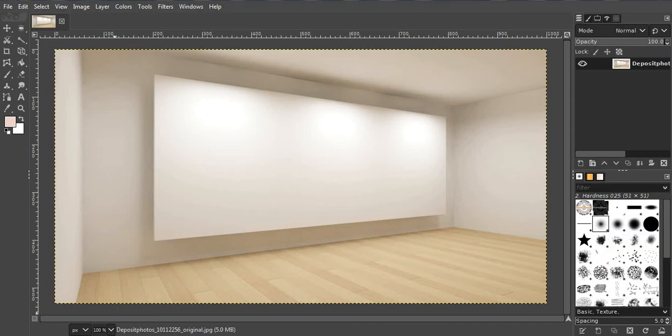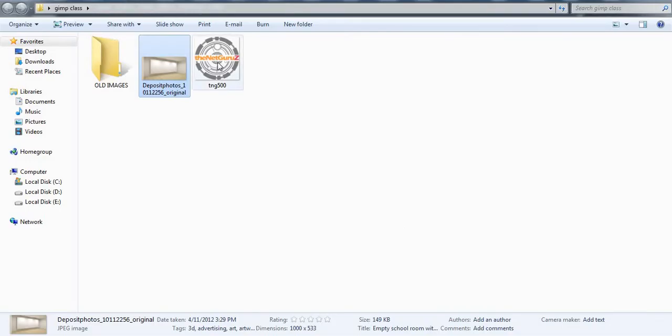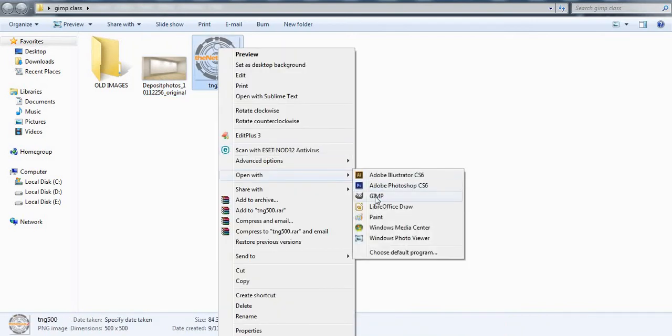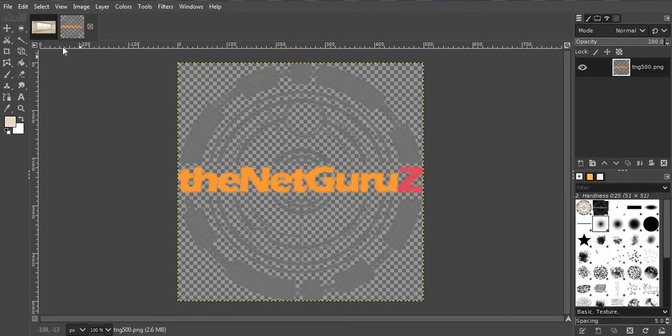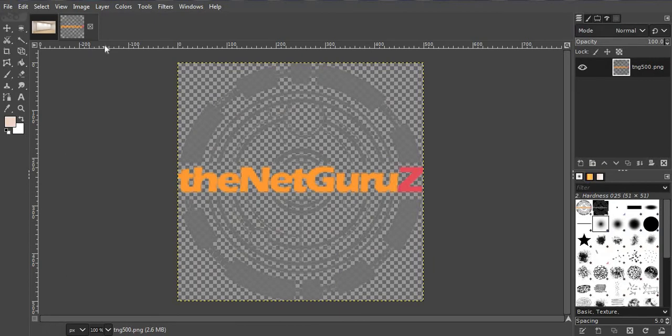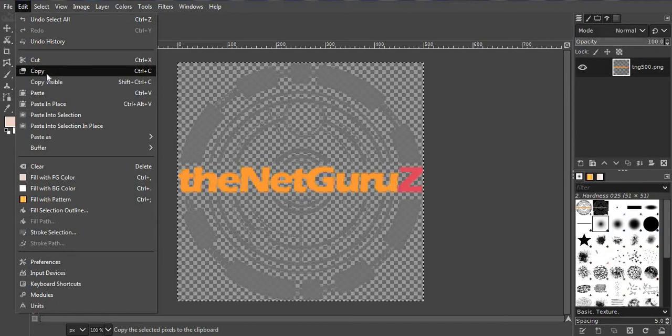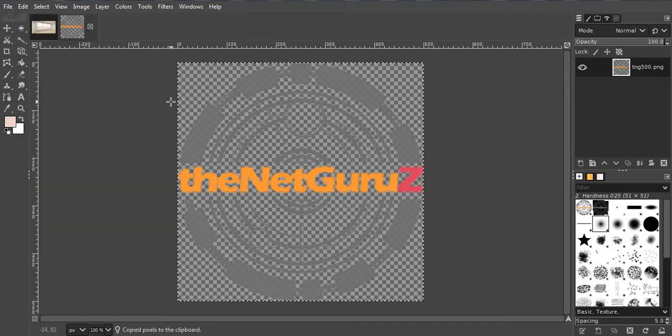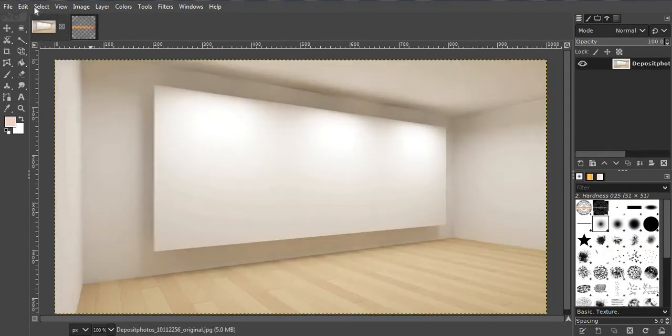So let's open the logo as well. So we have our logo in one tab and the main image that we are going to work in another. So to put the logo, let's come to our logo tab and select it and copy it. Of course, you can do it by the shortcut keys Ctrl A and Ctrl C, but I'm clicking on these options so that you can see what I'm actually doing.